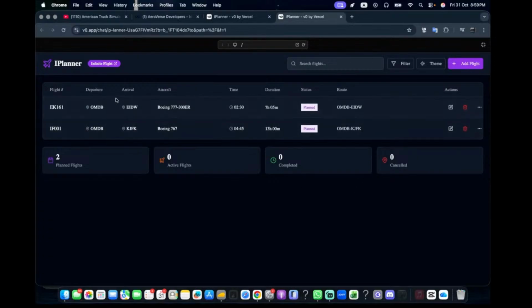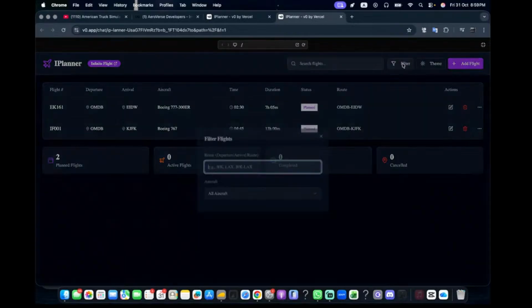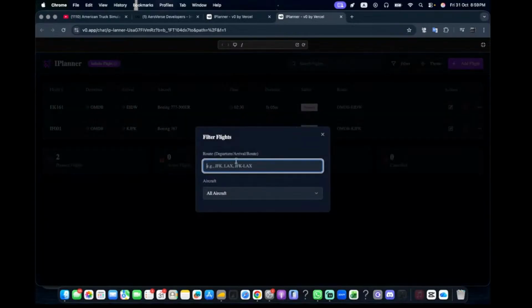Now I'm going to show you some features here that will really be very good. So first of all, you are going to go here. I'll be showing you these options around here on the top. You can choose between filter here, that you can go ahead and filter your flights. Say you've got a lot of flight plans on your dashboard and you cannot find your flight. Just go ahead, put there